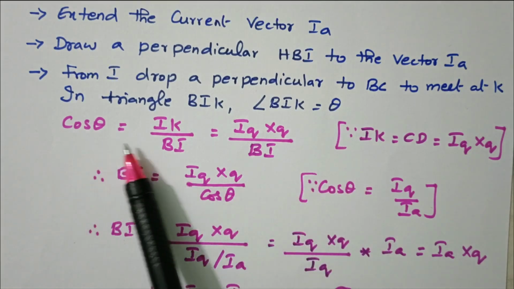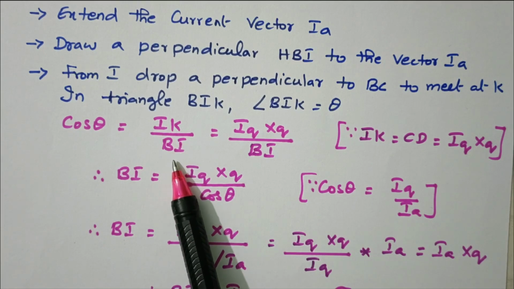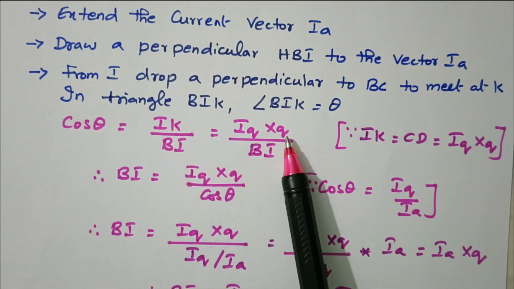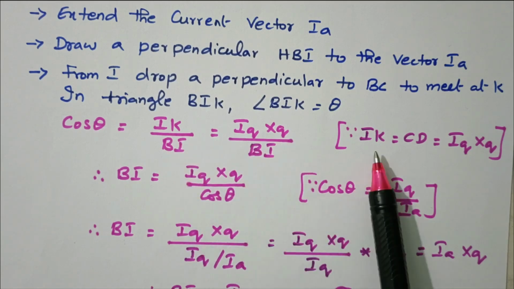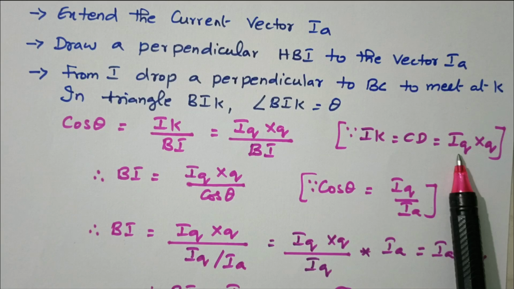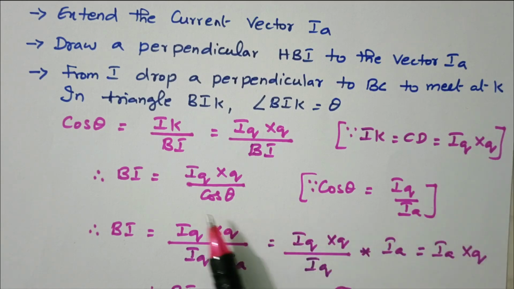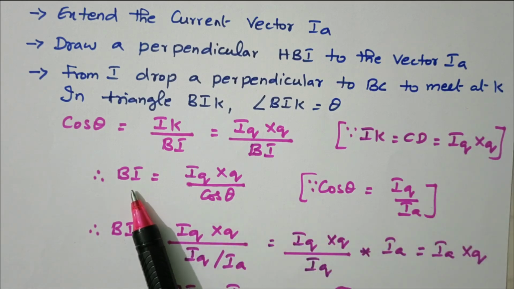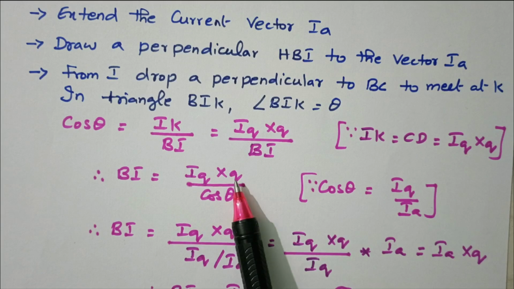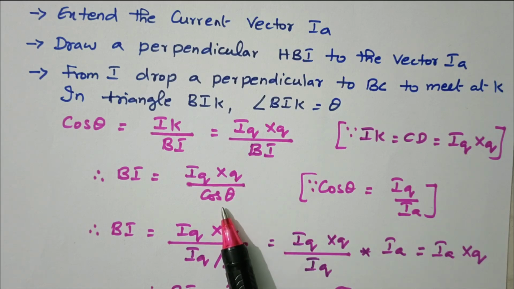So cos theta equals IQ divided by BI. We know that IK equals CD equals IQ XQ. So from this diagram, BI equals IQ XQ divided by cos theta,